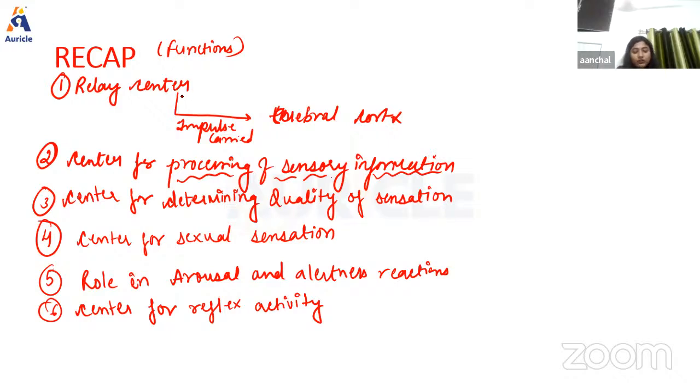Okay. And also the impulse of all the sensations reaches the thalamic nuclei, particularly the ventral posterior lateral nucleus. After being processed in the thalamus, the impulses are carried to the cerebral cortex through which fibers? Through thalamocortical fibers. The name of the fiber is very, very important and must be remembered. Okay, so this is all about the function of the thalamus.